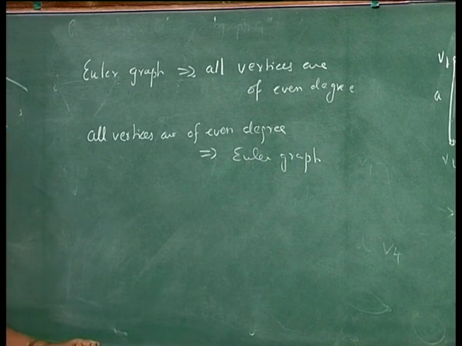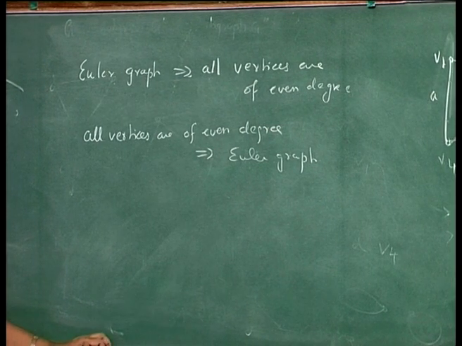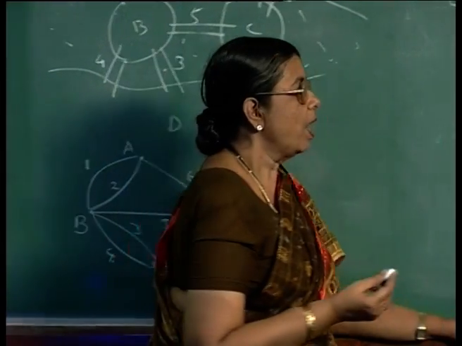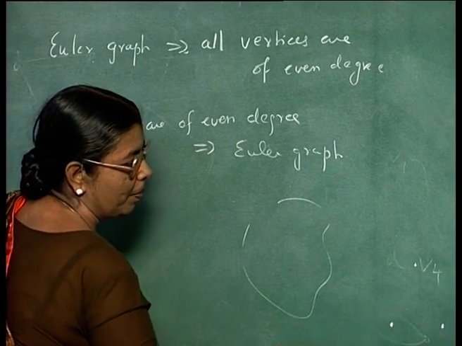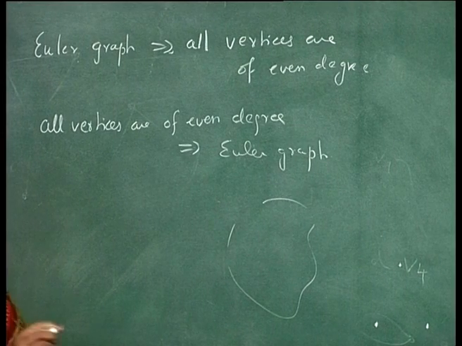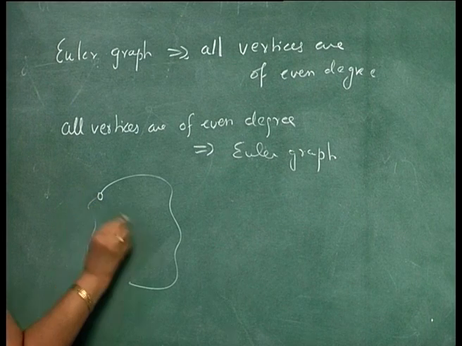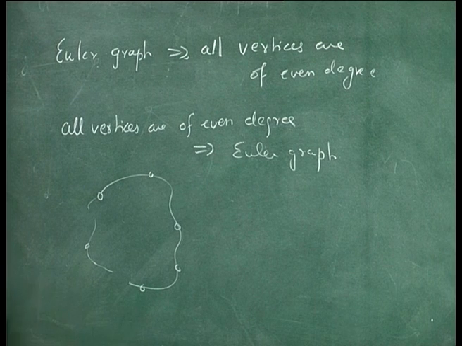One point we have to remember is, we consider a connected graph. If a closed walk exists which covers all the edges, it means it should be a connected graph. We do not consider isolated vertices. You may have some connected graph and some isolated components, like isolated vertices which do not have any edges. We do not worry about these isolated vertices. Now, you have a graph which is connected, and each vertex is of even degree.